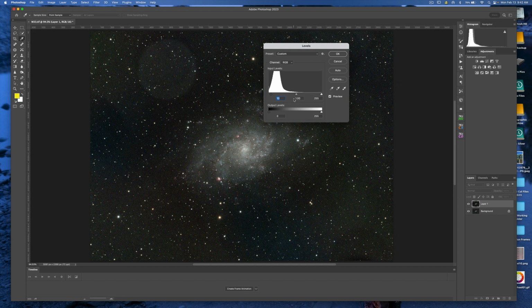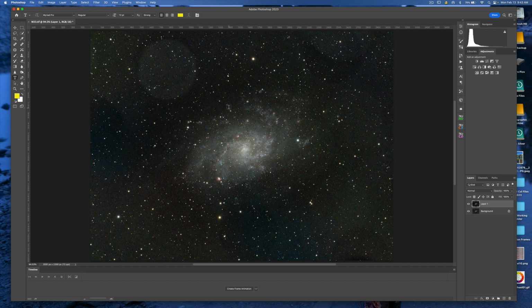We brought the darks down a little bit, and I'm going to leave the lights alone. I think the lights are pretty good. We could literally take the lights out there, but I don't want to blow out the center here. If you look at the center, we could blow it out if we go too far. So we could go this far, and then take the darks down a little bit more